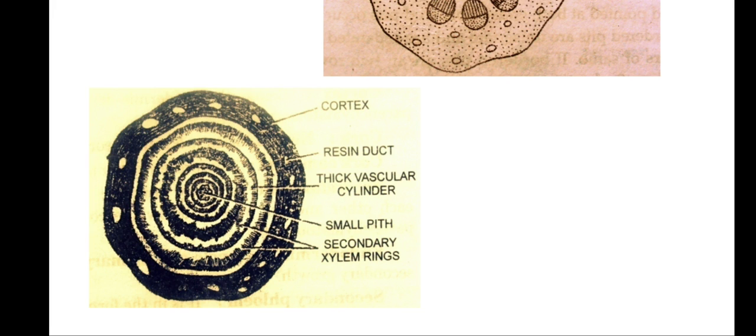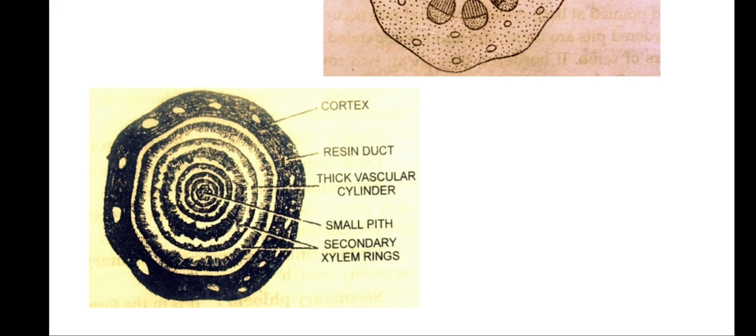Here the spring season is more suitable for the growth of the plant. That is why secondary xylem cells forming in this season are large, with thin walls, and supply water and minerals quickly. And this xylem is called spring wood or early wood. In winter season, that means in unfavorable conditions, very little wood forms and the xylem cells, during this period, the tracheids are narrow and thick walled.